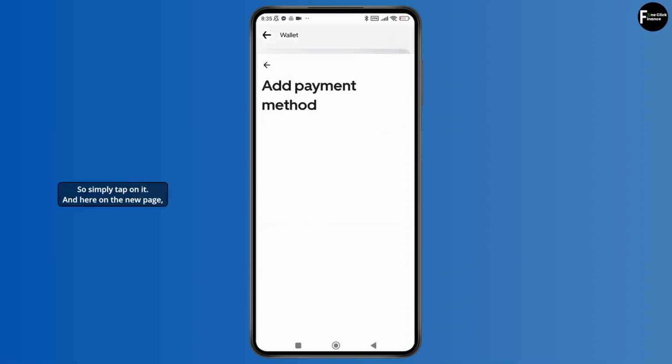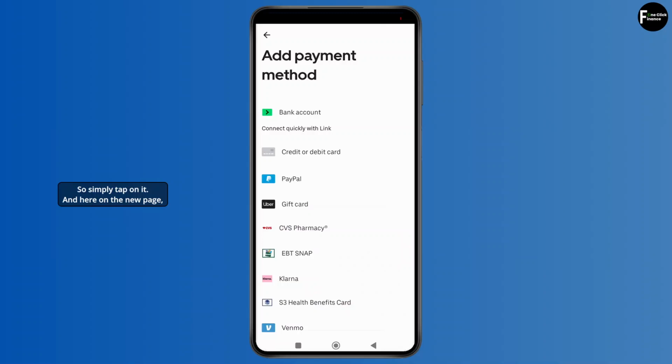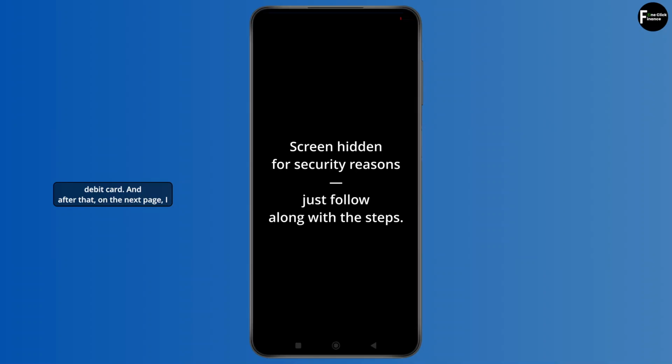So simply tap on it, and here on the new page you will see different options like bank account, credit or debit card, PayPal, gift card, etc. So here I'm gonna simply choose credit or debit card, and after that on the next page I need to